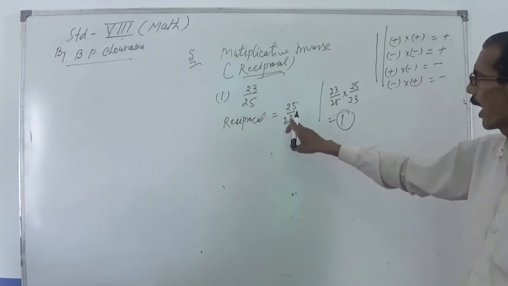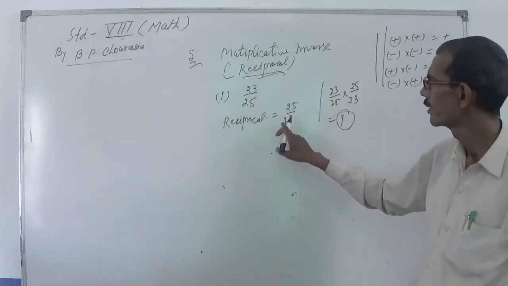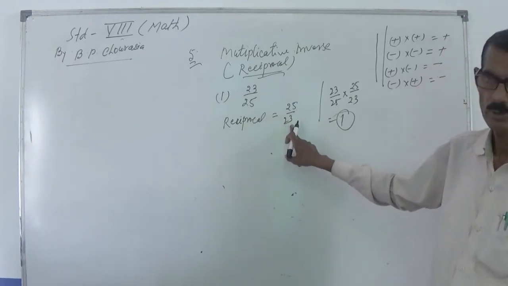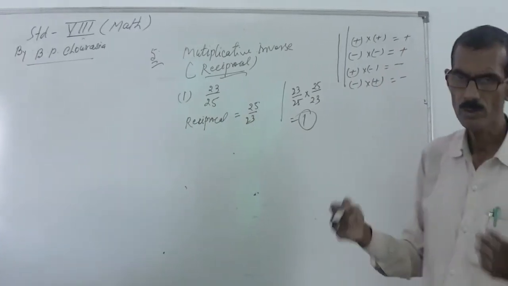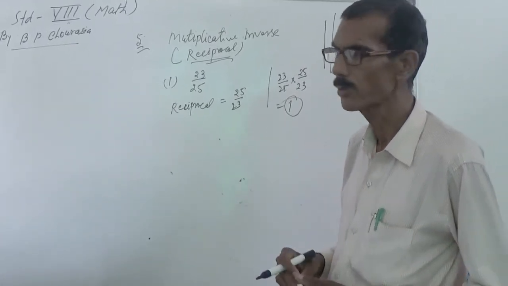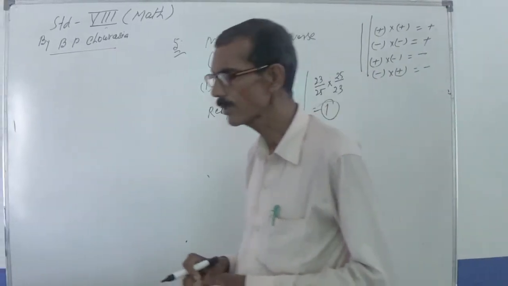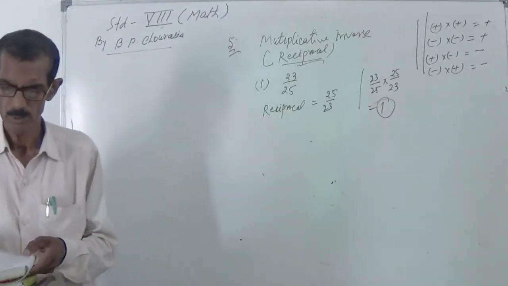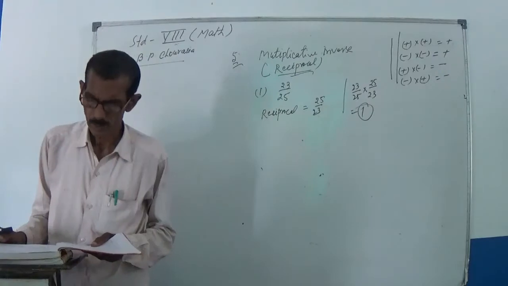25, and this is the multiplicative inverse of 25 by 23. This is a mutual relation. Reciprocal is a mutual relation between two rational numbers. So you can solve. Other problems are also given